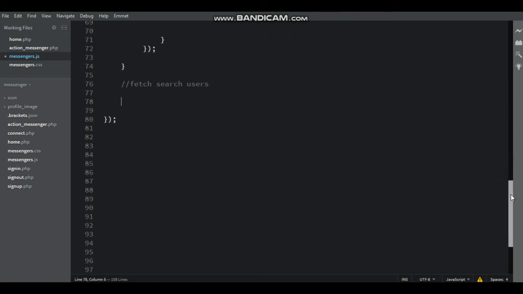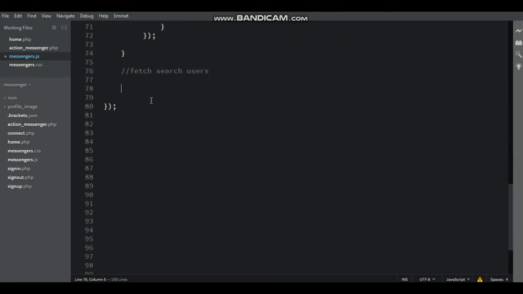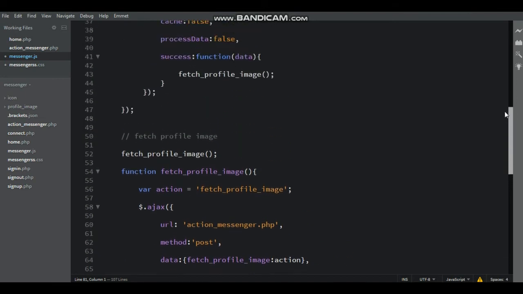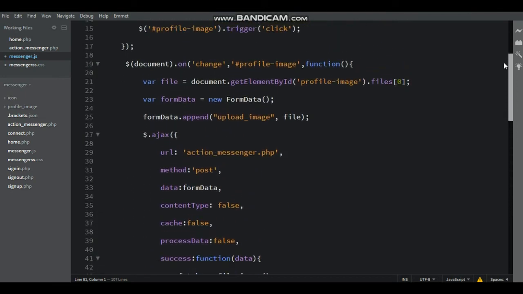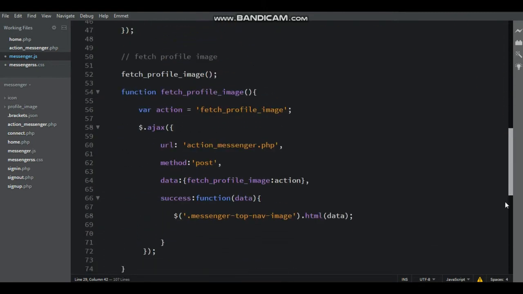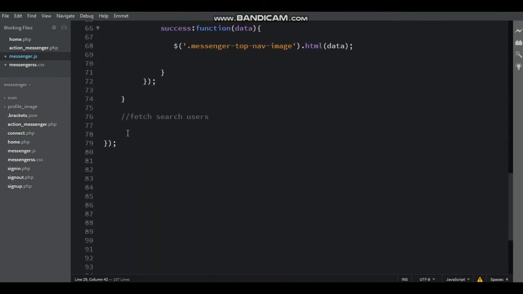Now here how to make hide and show search user. Now just copy the document change profile image function, paste after the tag fetch search user, and then close with semicolon.